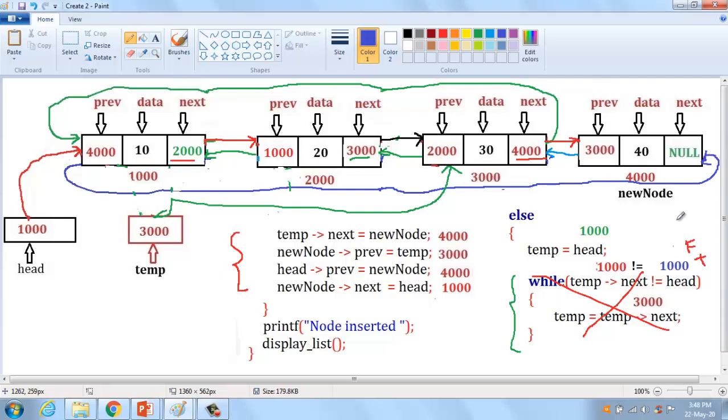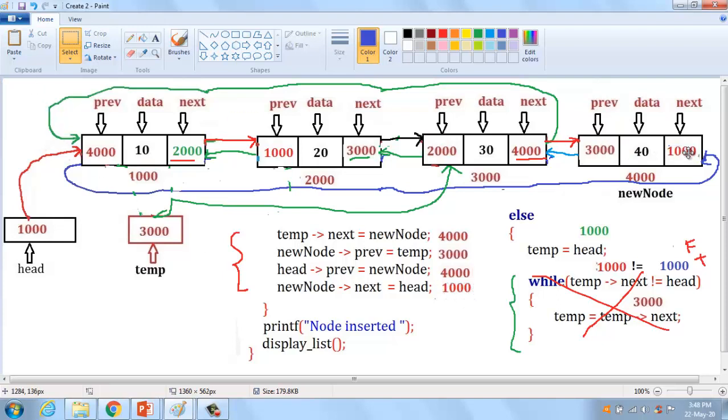Understand? And then new node of next equals head. This we call new node of next equals head. This node points to the first node address. In that case, we have to change it into the head pointer address. What is the head pointer address?